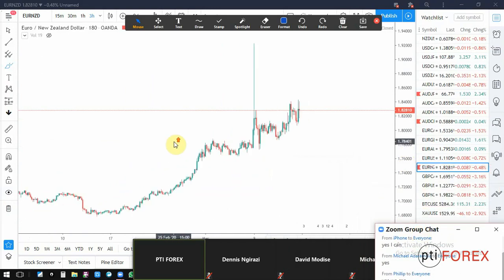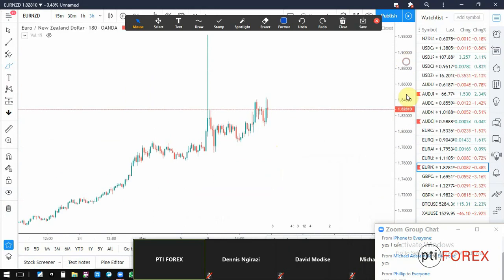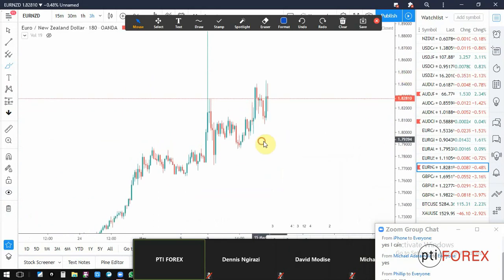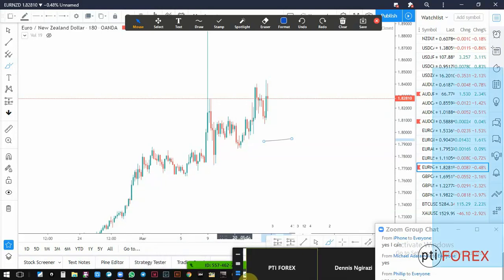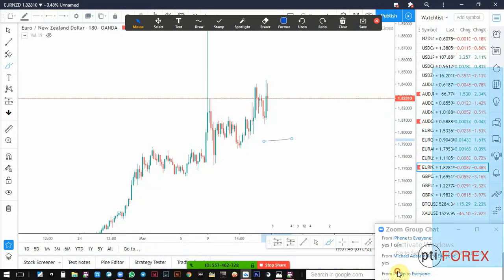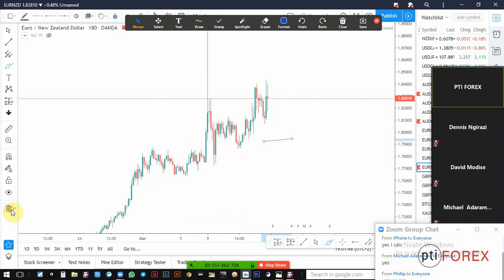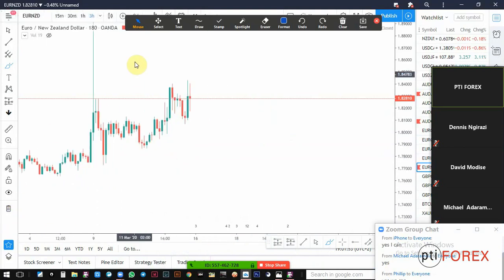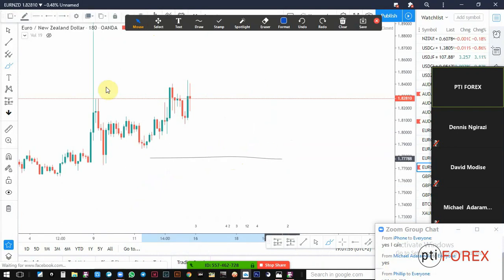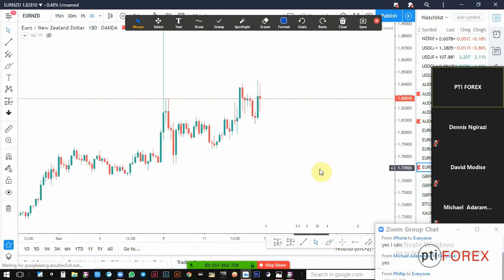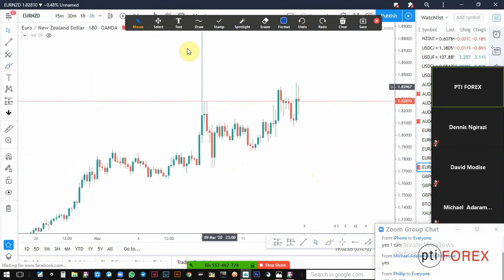So okay, here we have, let me do this so that we can have bigger waves. Okay, so here, guys, we have this currency pair, which is called Euro New Zealand dollar. It is Euro New Zealand dollar. So it seems to be an interesting pair. Okay, so if we look closer here, the first thing that we are looking for,